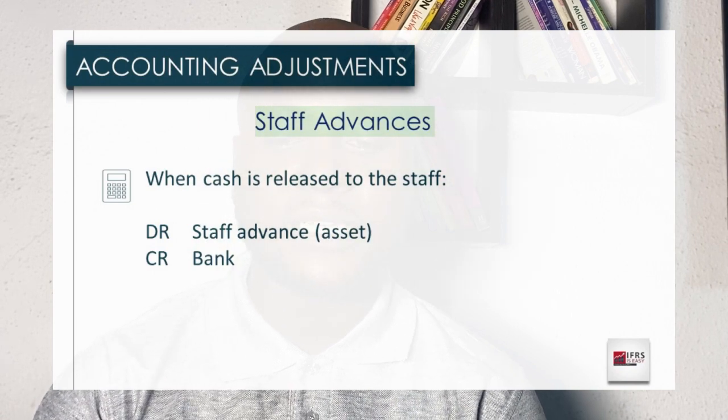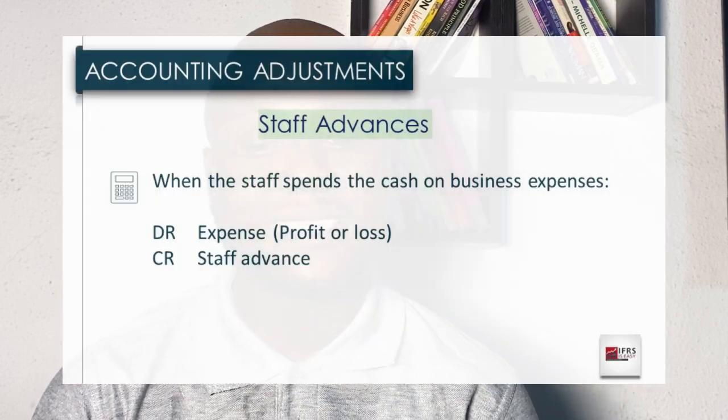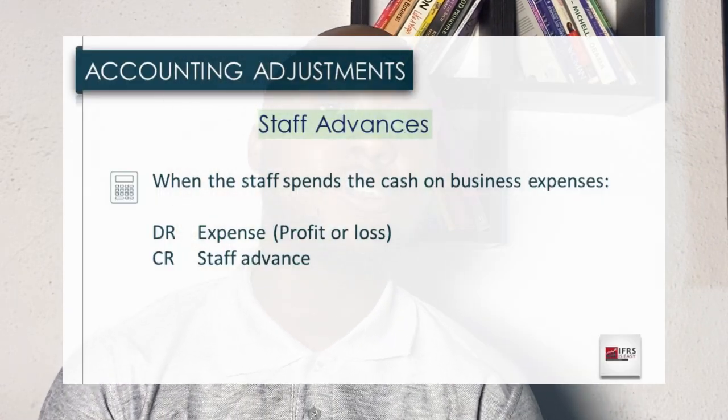And so after the employee has spent the cash for the business need, what happens is that as soon as the employee incurs that amount, we debit an expense and then we credit staff advance. It is not in all cases that the employee spends the whole amount. There are times when the employee actually returns part of the cash because the employee did not spend the whole amount. But the fact that the employee returns part of the cash does not necessitate the fact that it is a financial asset. Why? Because the intention of releasing that fund is actually for a service.